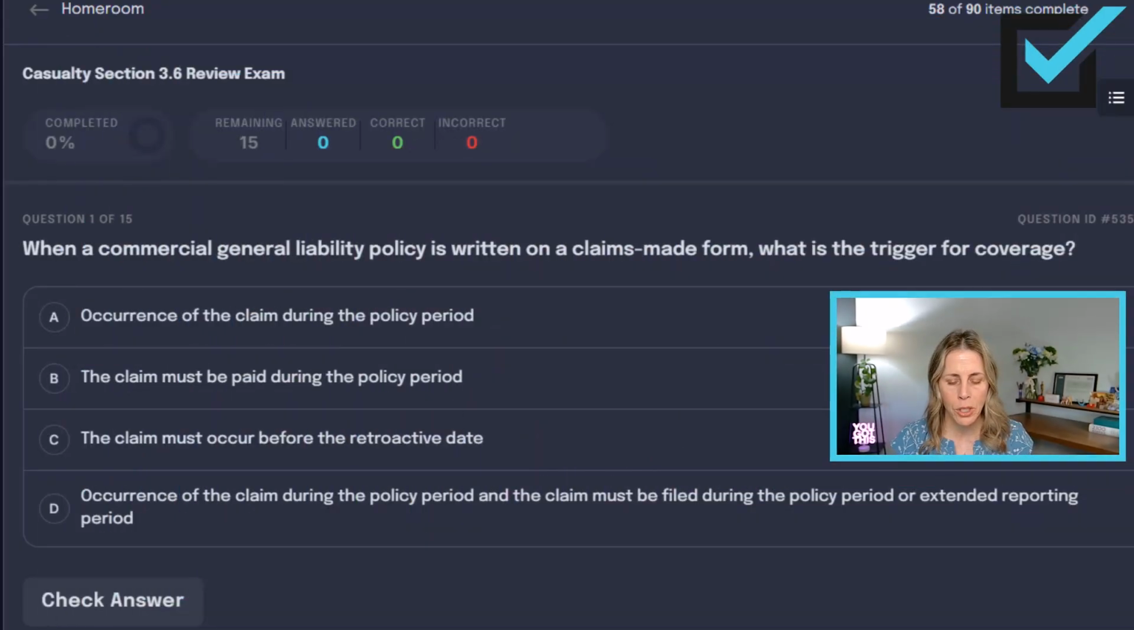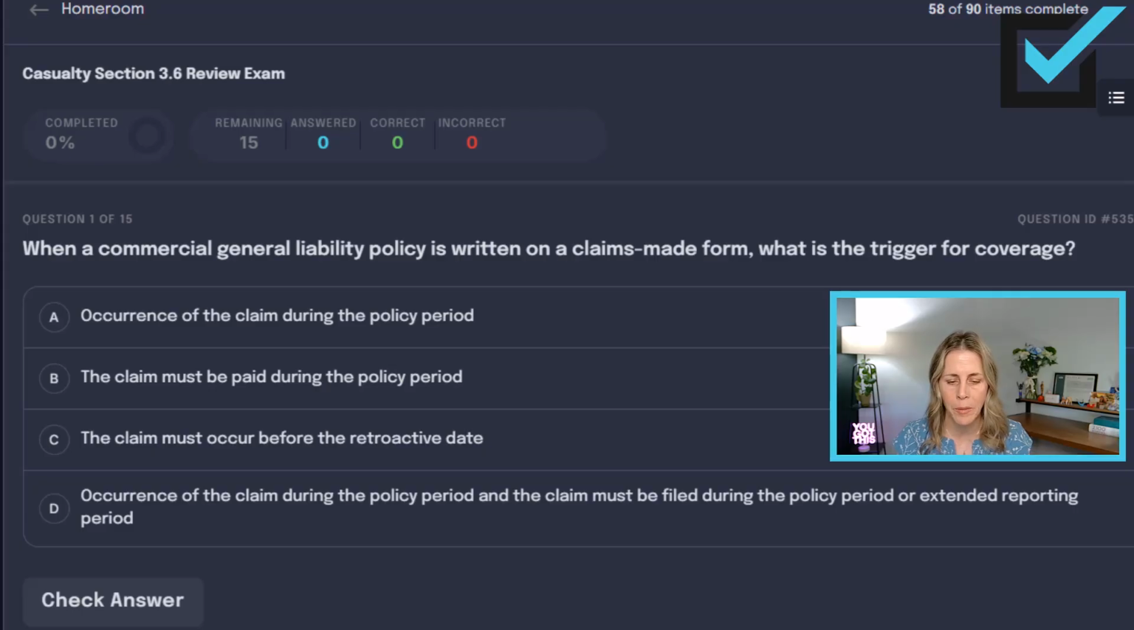When a commercial general liability policy is written on a claims-made form, what is the trigger for coverage? Occurrence of the claim during the policy period. The claim must be paid during the policy period. The claim must occur before the retroactive date. Occurrence of the claim during the policy period, and the claim must be filed during the policy period or extended